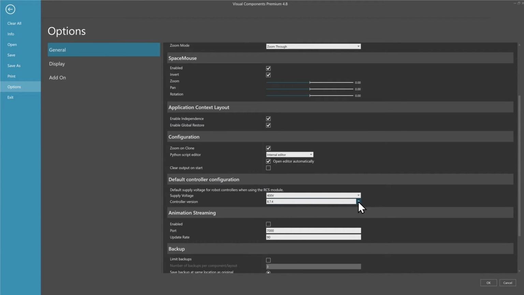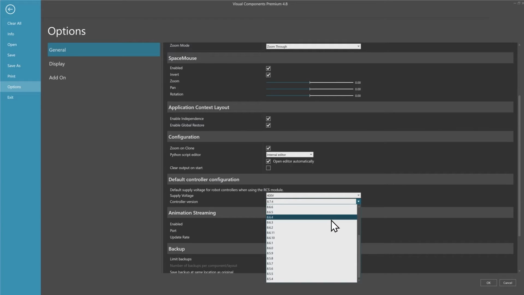In this case, you can select between different KSS versions. So here, if you take KSS 8.6 or older, you can select a KUKA controller of the 4th generation. And if you select 8.7, you can load a KRC5 controller into the simulation.